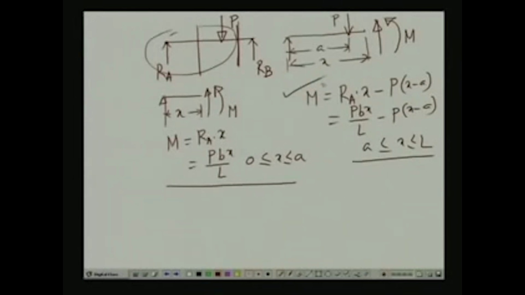Now, once we get the expression for the moment, then we can write down our differential equation, which is E I d2y dx2 equals the moment, and we write for the two segments differently, that for segment 1 this is the expression for the bending moment, for segment 2 this is the expression for the bending moment, and consequently we integrate it one by one, and then in the first step of integration we get dy dx, and in the second step we get y,